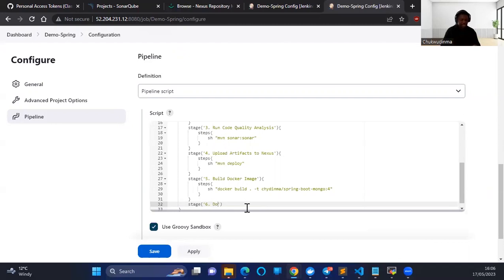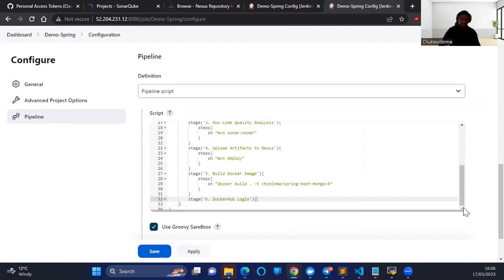So this stage is Docker Hub login. That's what we intend to do here. So we specify steps as usual, and the command is